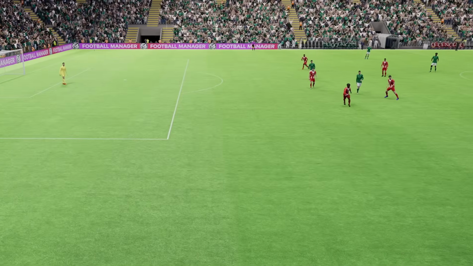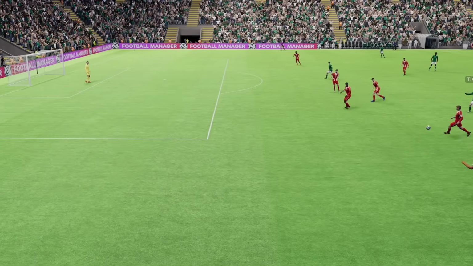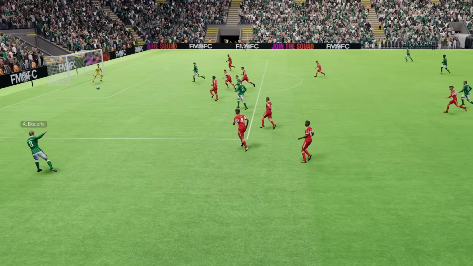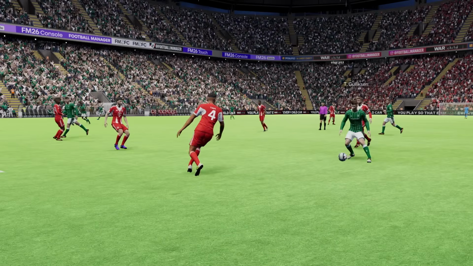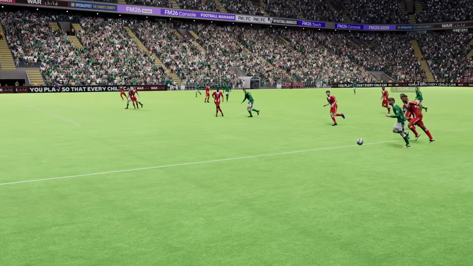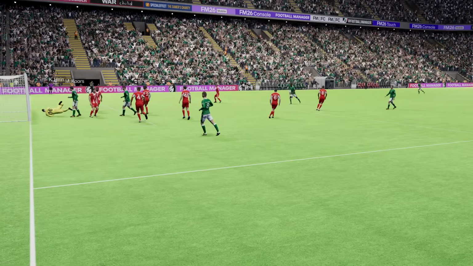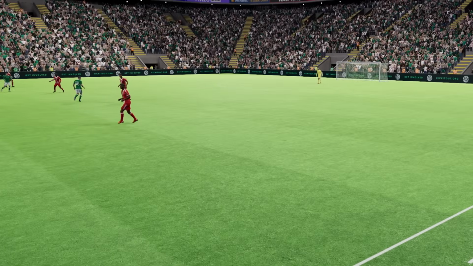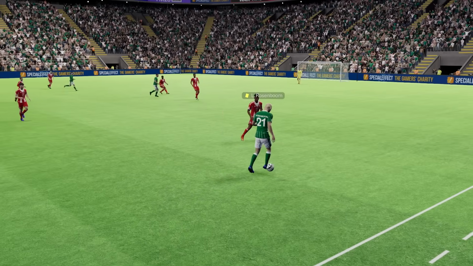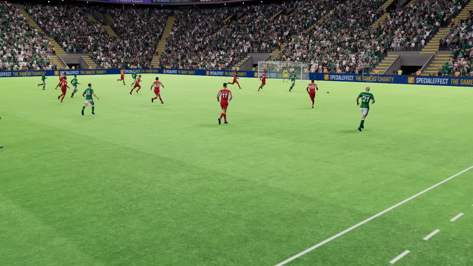Our response was immediate. Bauerler has time and space on the left, swings in an absolute peach for Kars to head home. In search of a winner, and Gulluckson's quick feet leaves Tar for dead. He dinks it in for Kars, and the turnaround is not complete. The tightest of offsides. Into the 90th minute, and Rosenboom pushes the ball into the channel for Pieringer, before getting